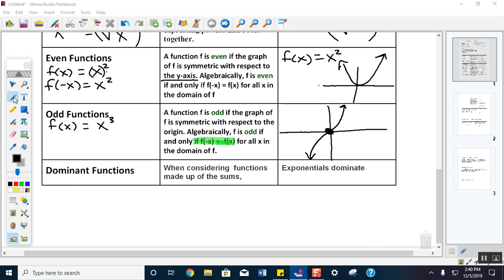This says, in this case, a function's odd if f of negative x equals negative f of x. Okay? So right here, kids, let's talk about f of negative x. In other words, negative x to what power? So you would have negative x times negative x times negative x. Let's see, three negatives times themselves is going to be what? Negative x to the,